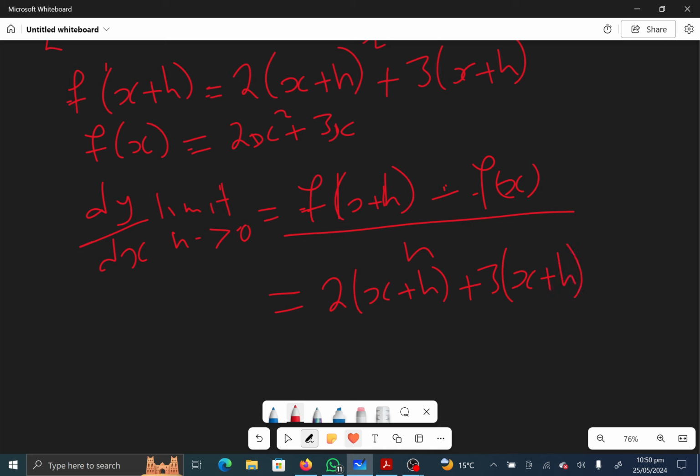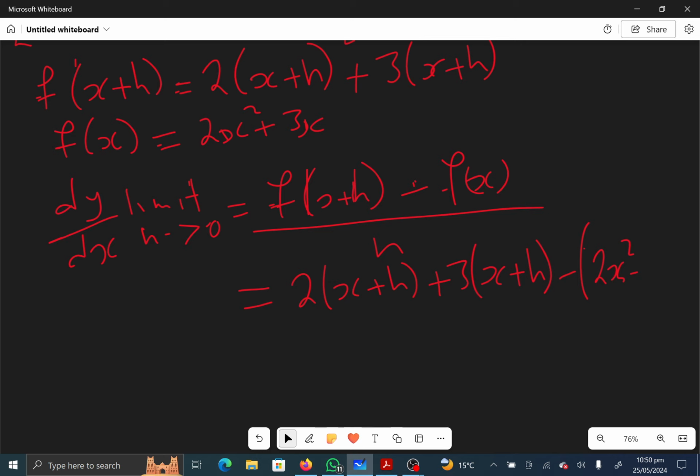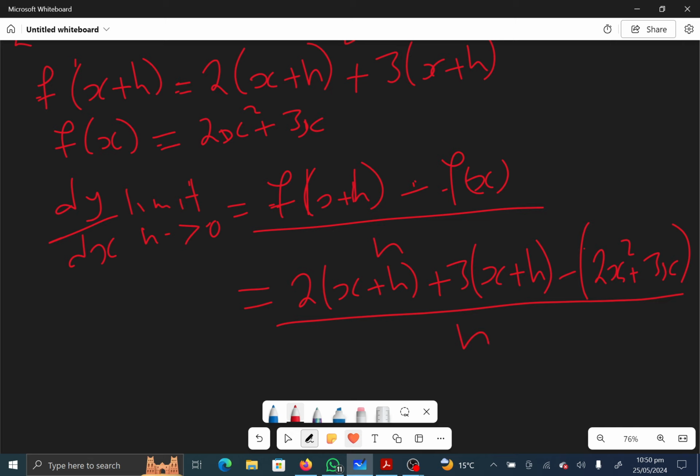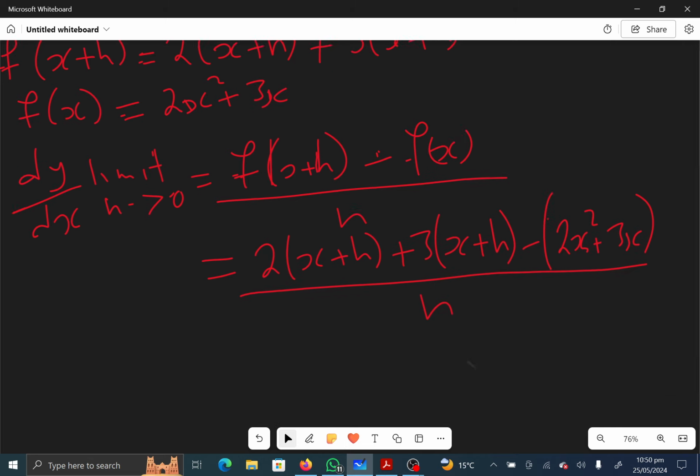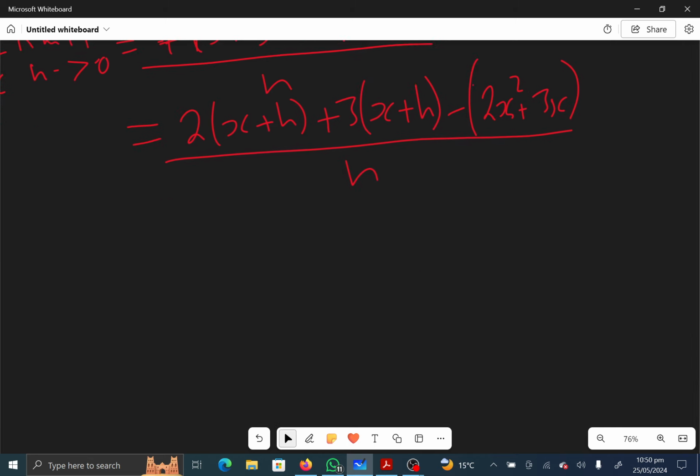So we are replacing, then the minus the function of x. So we have now minus 2x squared plus 3x over h. So from this point now we can factorize this